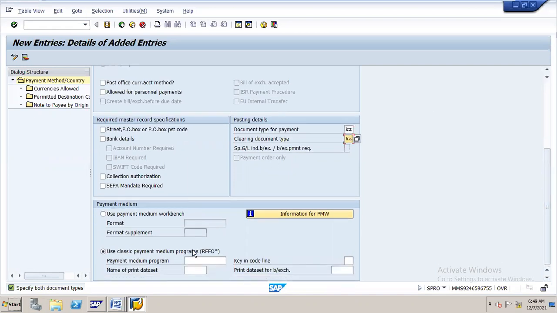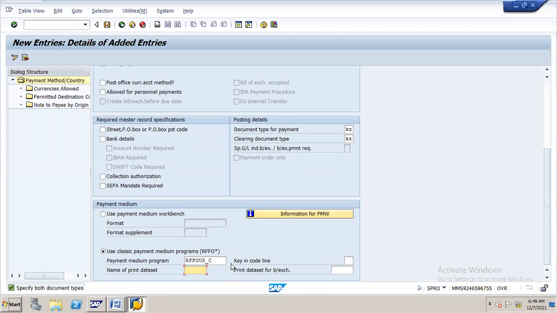Next. Payment medium program. This is RFFOUS_C. Okay, this is the form name for the printout. Payment medium program. But in real time, it is different, depending on the client requirement. So we have to customize that with the help of ABAP. Have you worked on this, Jay?